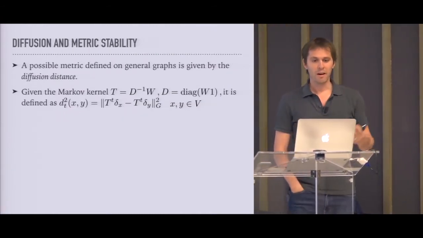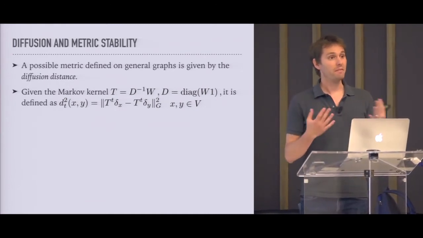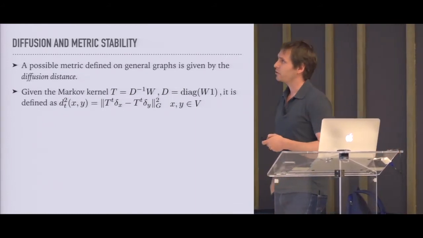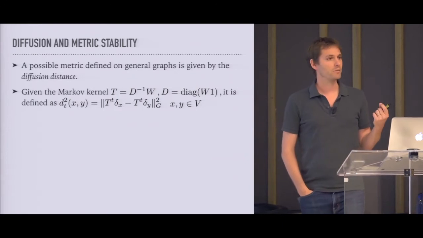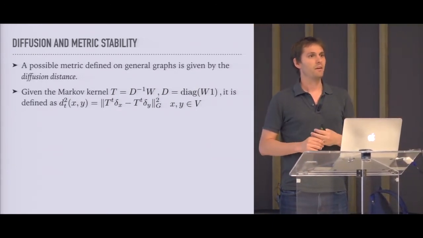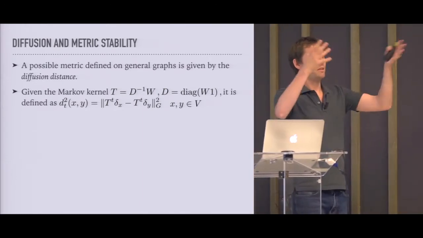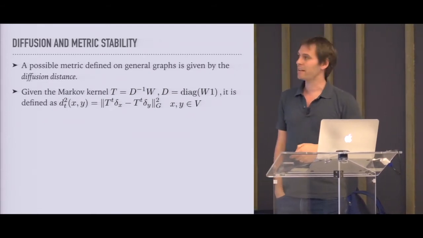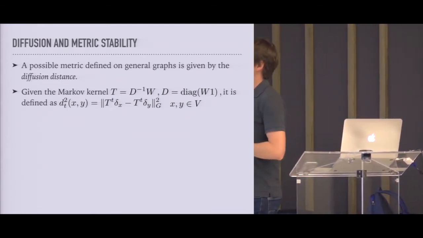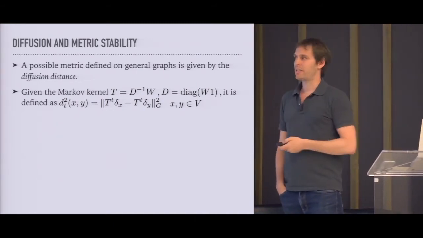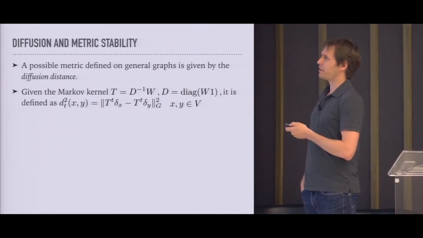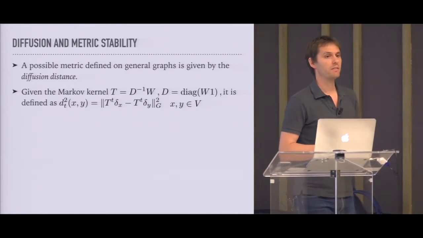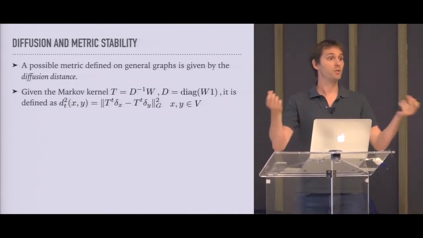One way to define a metric on a general graph, which is by all means not the only option, is to use what we call the diffusion distance. And this is a very natural distance, right? So let's say that I have a graph. In a graph, I can model a diffusion process that is essentially following a particle as it moves in the graph. And I can define a distance between two points in the graph as follows: if I initialize my diffusion process at x for a certain time t, and I initialize my diffusion process at point y for time t, how do these distributions look? If the distributions look very close to each other,